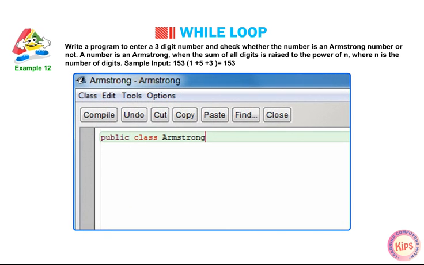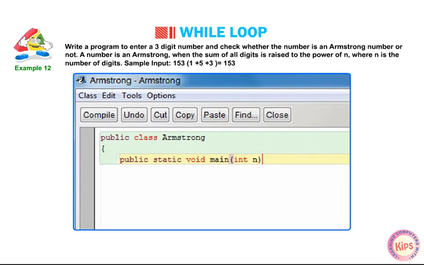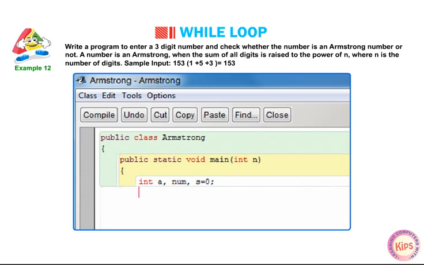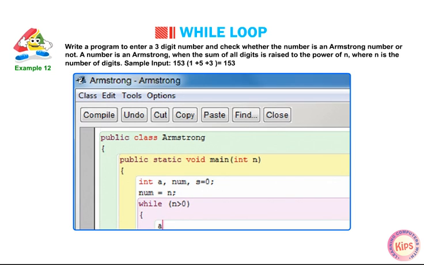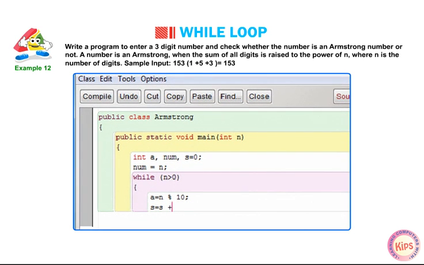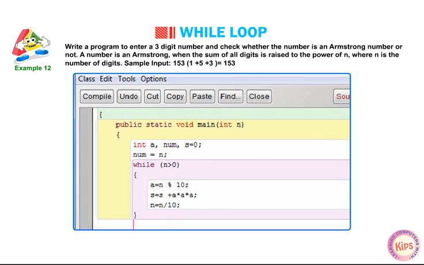public class Armstrong { public static void main(int n) { int a, number, s = 0; number = n; while (n > 0) { a = n % 10; s = s + a * a; n = n / 10; }